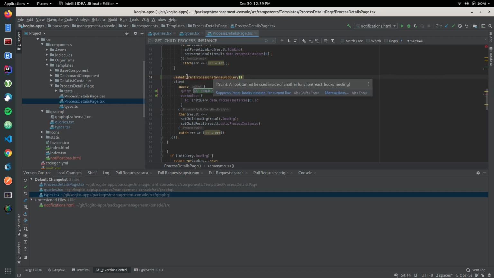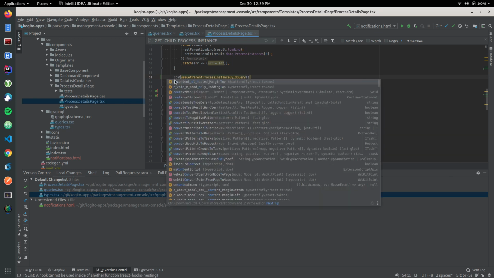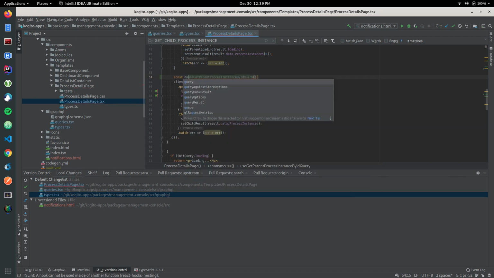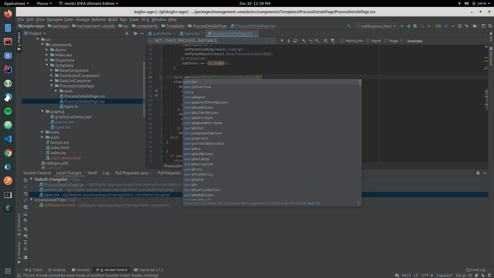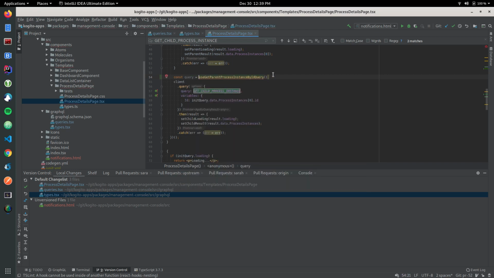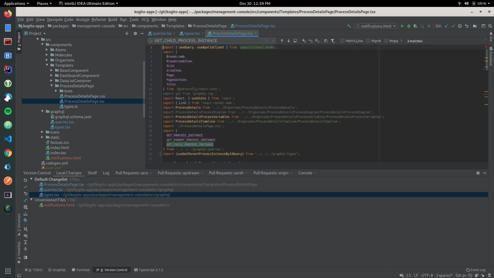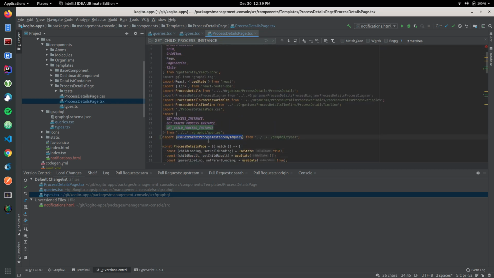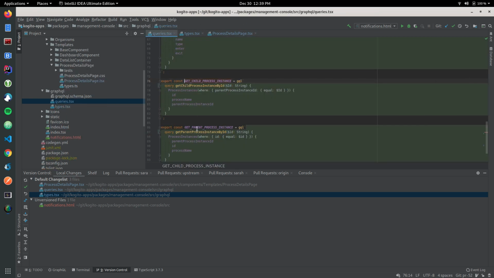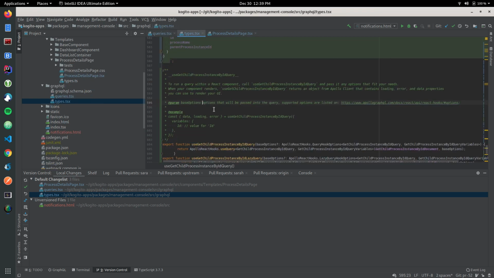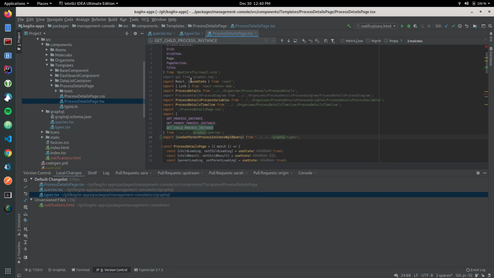So now I have the query, right, that's the hook that was generated. And then if we go back to the import, there we go. Use get parent by process ID. So in this process, we can keep adding new queries to this file that are automatically generated into the types.tsx and then imported into